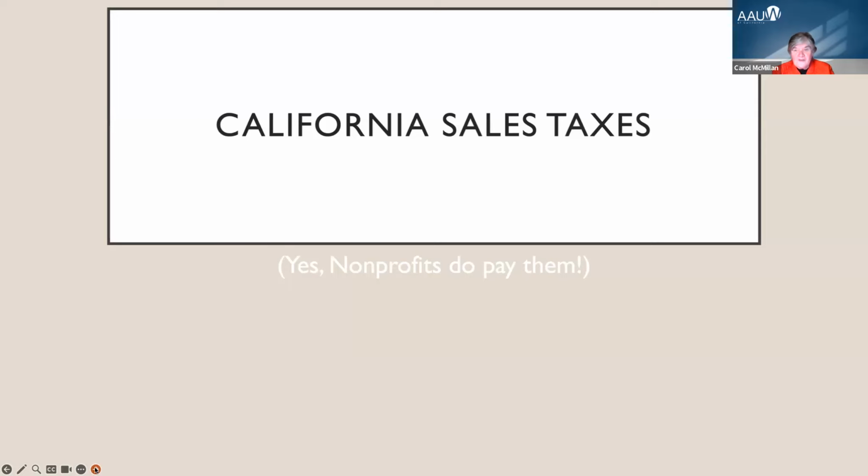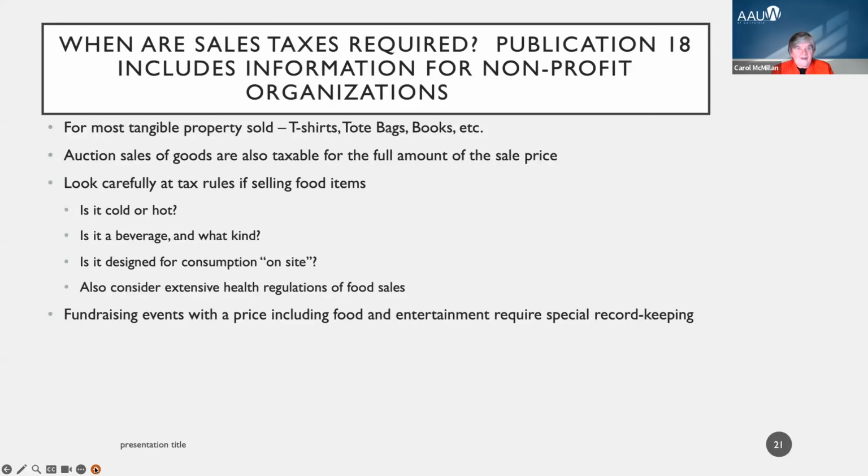As you probably found out, you have to pay them when you buy supplies to do something that involves your branch. But also, if you are conducting certain fundraising activities, those activities may also be subject to sales taxes. So let's go to the next slide, because in general, if you're selling tangible property, and there were a few people that were selling merchandise, but quite a few also that are having auctions. So tangible property is subject to California sales tax.